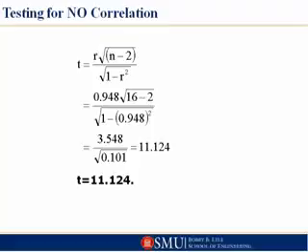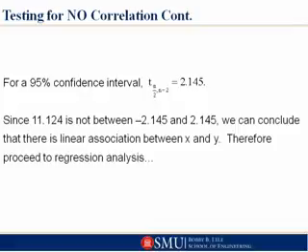squared. You end up with a t-value of 11.124. Now, if we say that we're interested in whether that 11.124 fits for a 95% confidence interval, again, t with 16 minus 2 degrees of freedom, and you look that up in the table, and you see that t-value for alpha over 2, so alpha being 0.05, alpha over 2, 0.025, look it up in the table for 16 minus 2 or 14 degrees of freedom, and indeed